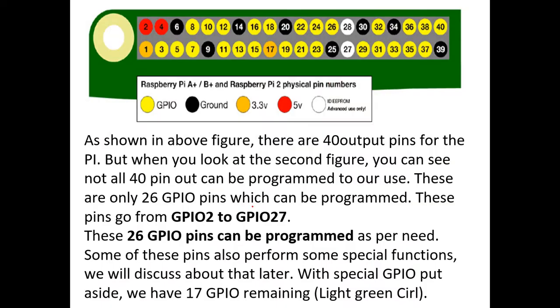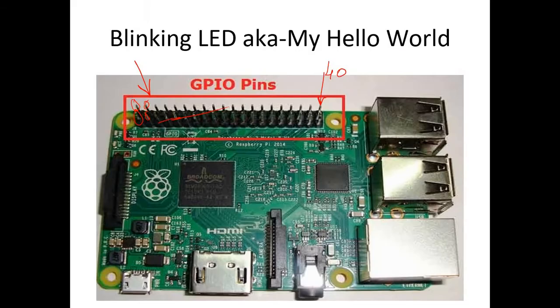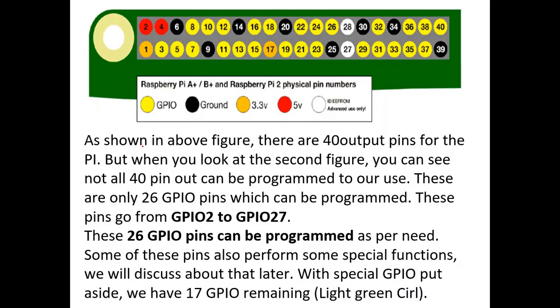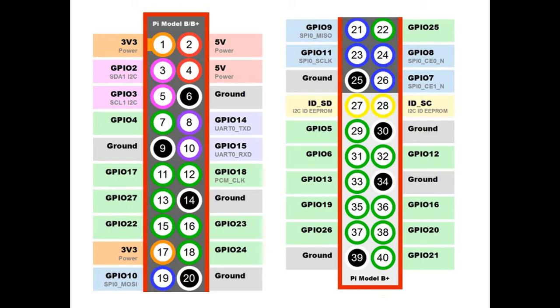Now there are two conventions that we can follow for numbering these pins. Physically, based on the presence of the pin or based on the location, this is the first pin, this is the second pin, this is the third pin, and this is the fourth pin. Based on that physical location, we can number them as 1, 2, 3, 4, 5, and so on. But there is a second convention, or second method, we can use. We will try to see the difference between the two.